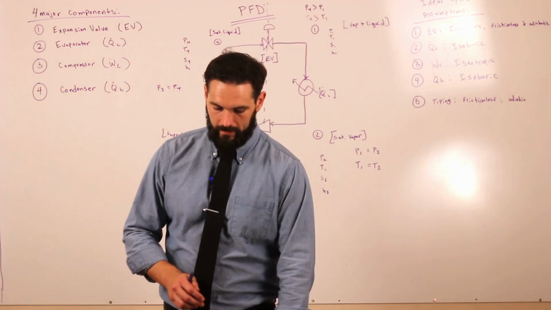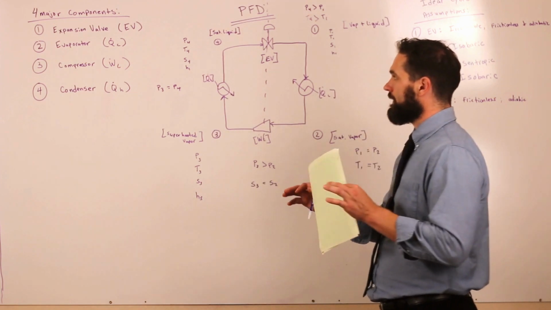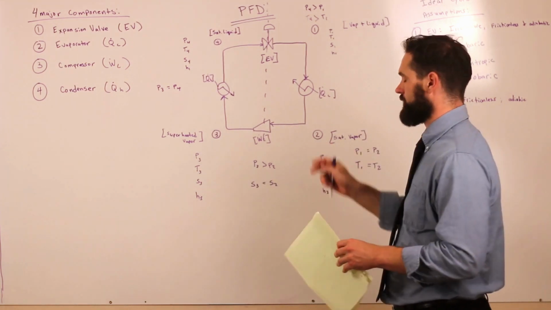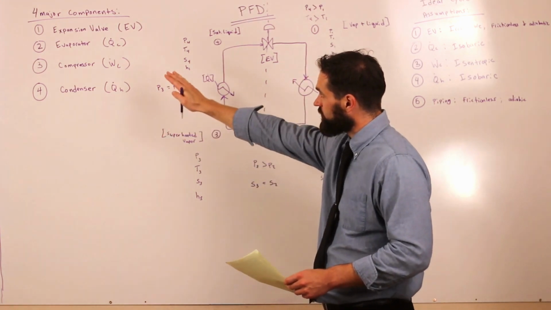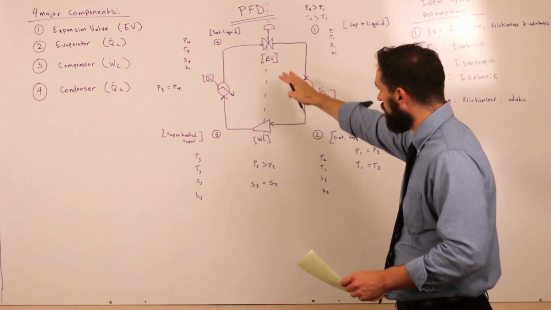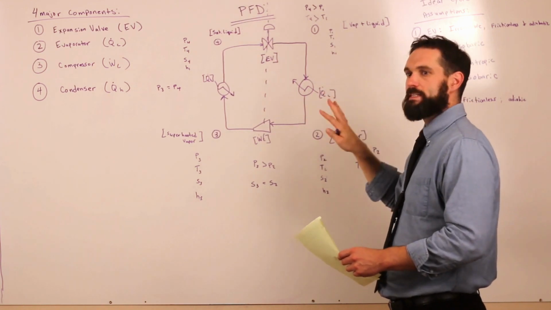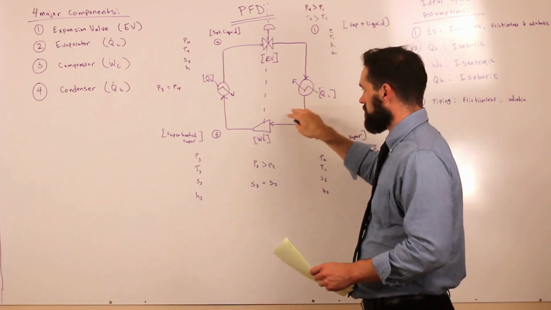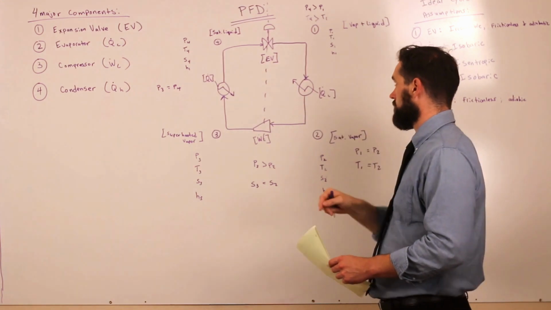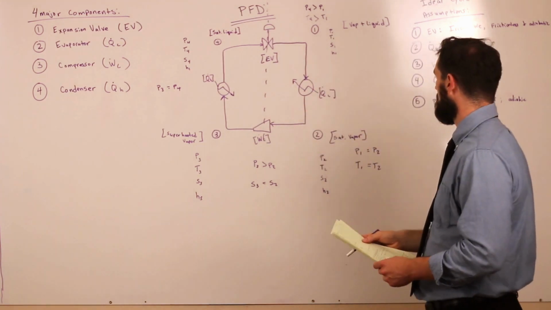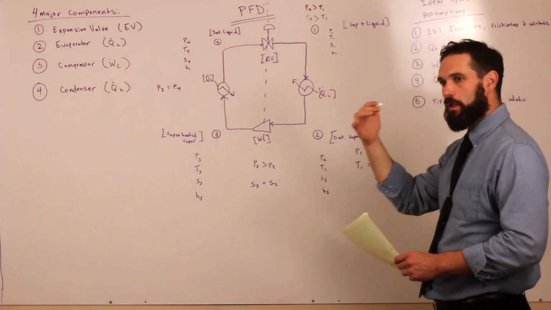All right, so this is going to be the second to last video, at least in the introduction to this refrigeration cycle. So far, we started with the 4 major components, assembled those, got a decent understanding of what's happening to the working fluid as it travels through this sequence of components that we call the refrigeration cycle. And then in the last video, we looked at the ideal cycle and how we develop